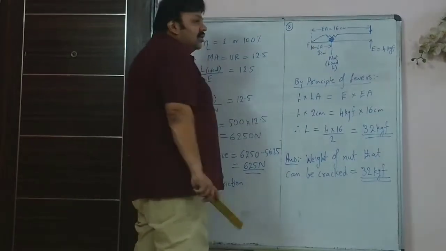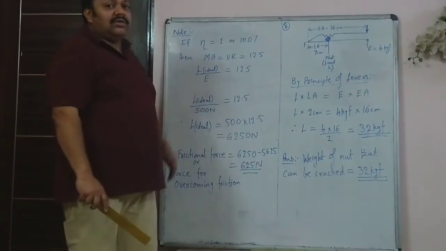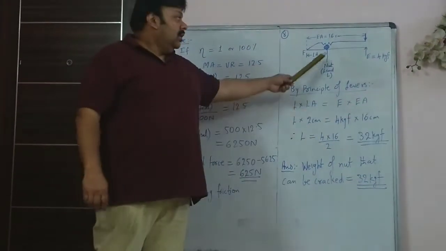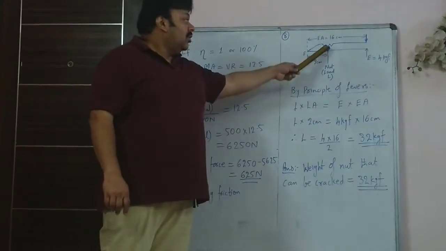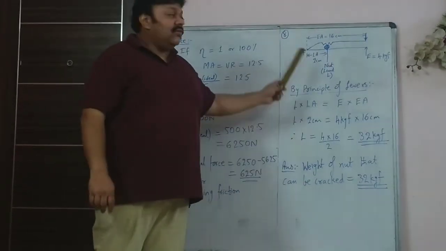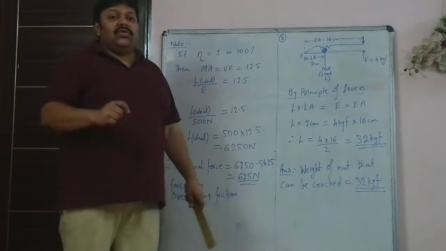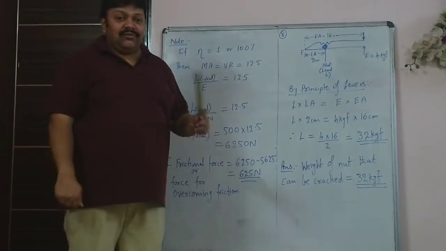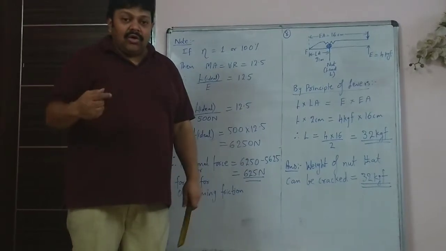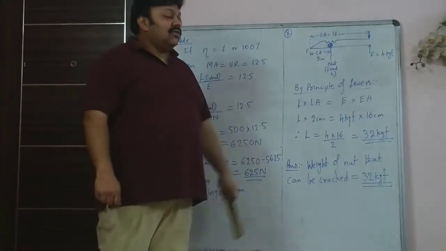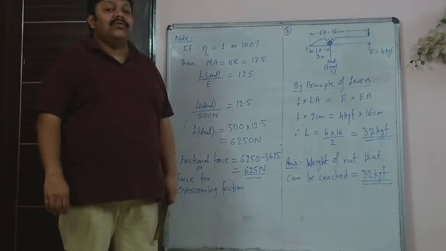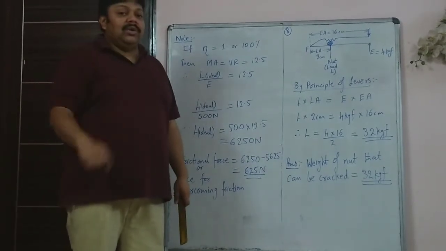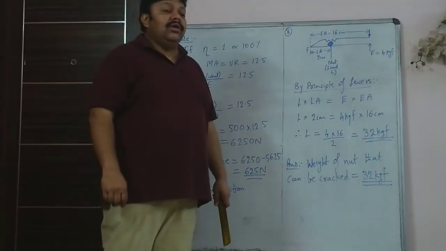So what sort of a machine is this? It's a force multiplier. It's a class 2 lever, because the load is in between the fulcrum and the effort. So you have FLE: class 1, fulcrum in between; class 2, load in between; and class 3 would have been effort in between. You can remember it as FLE, flea.